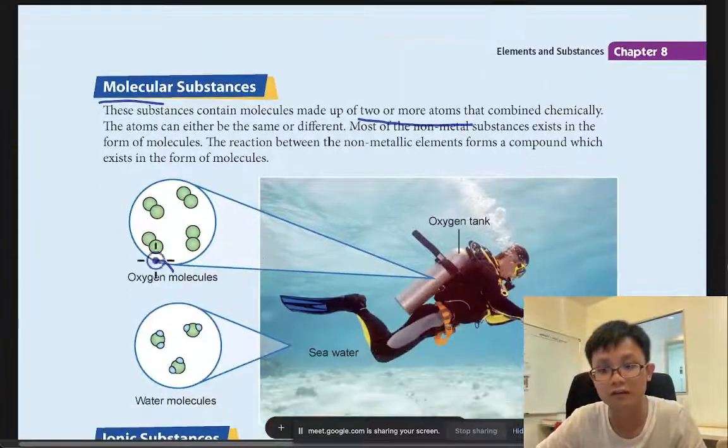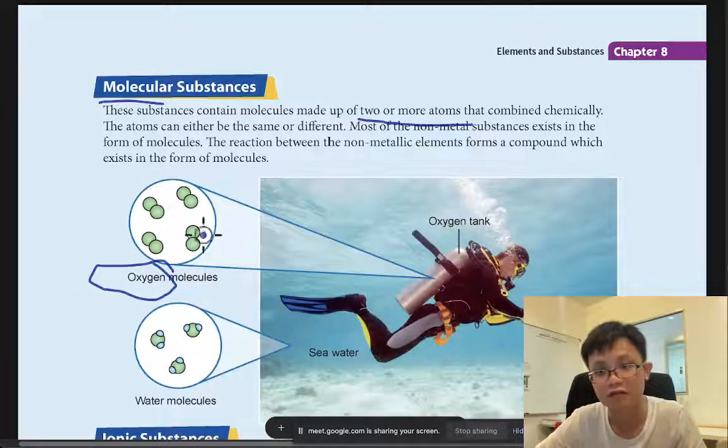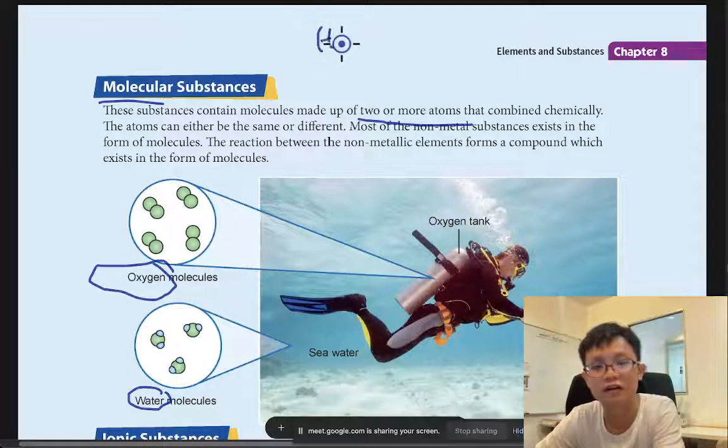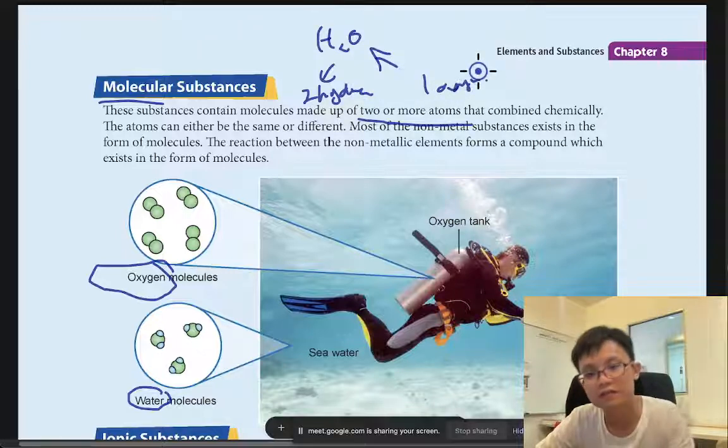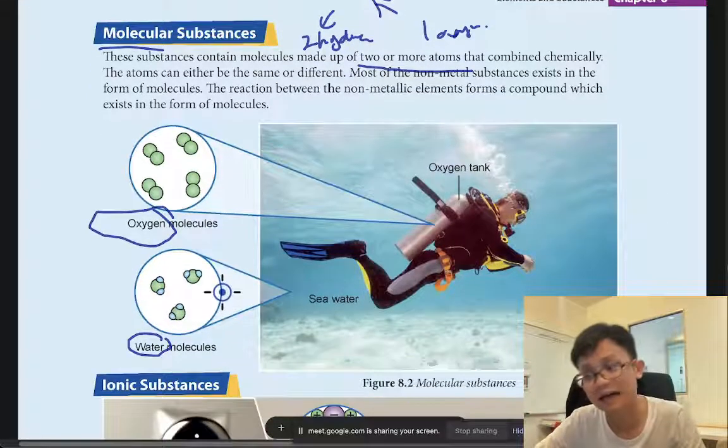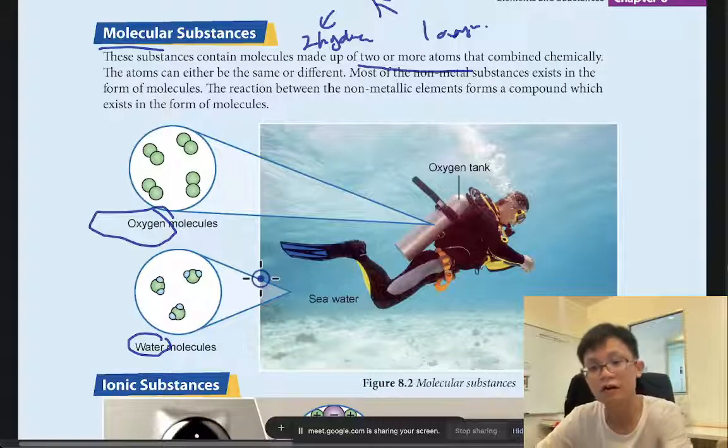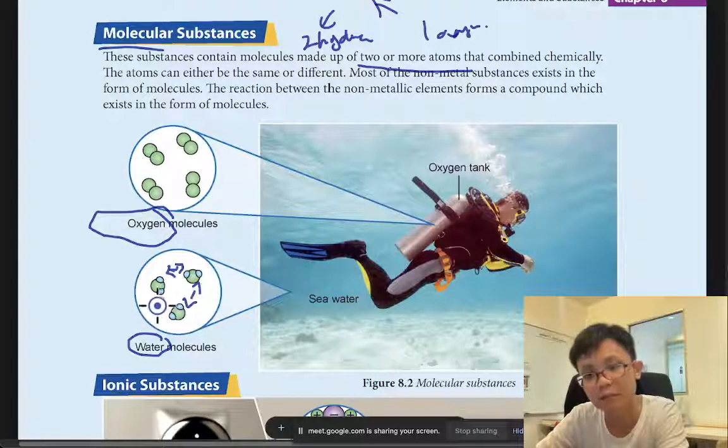For example, we talk about oxygen, O2, two atoms. Water, three atoms. H2O, which consists of what? H2O consists of 2 hydrogen and 1 oxygen atom. So I can say that it is a particle also. Of course, we can see there is some space here. That's why the molecules can slide over one another.